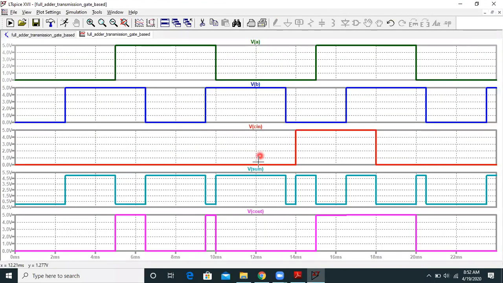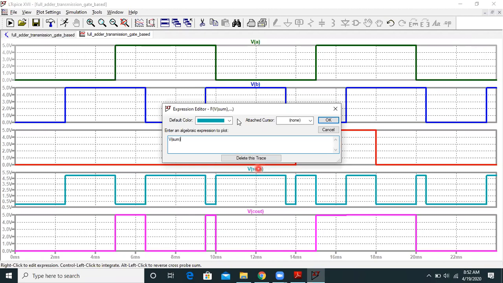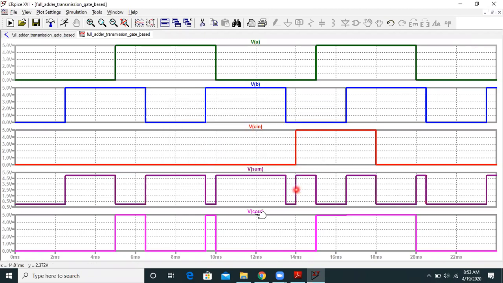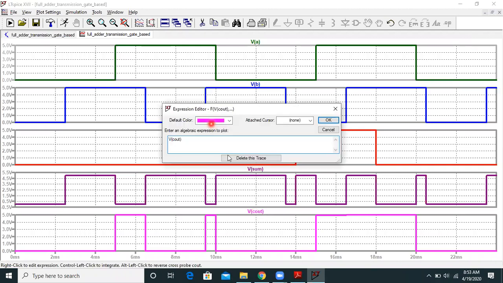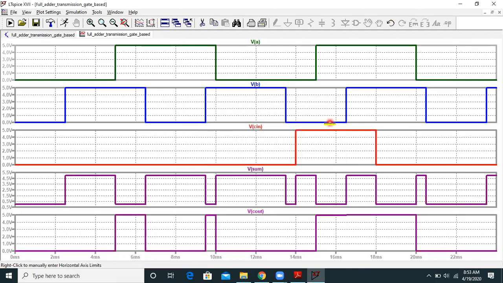Now let me change the color of sum so that it is more clear to you, and also the color of C out for more clarity. Okay, so now we are ready to check the functionality of this circuit. Let us check the first condition.